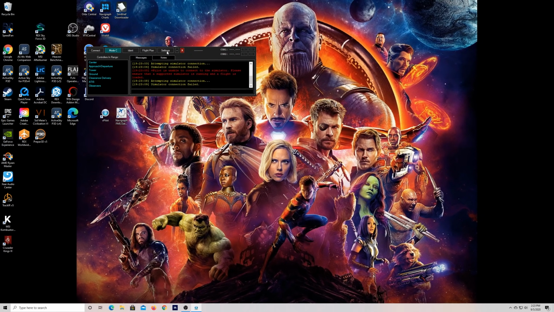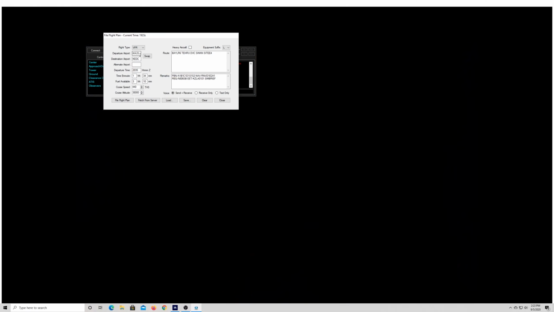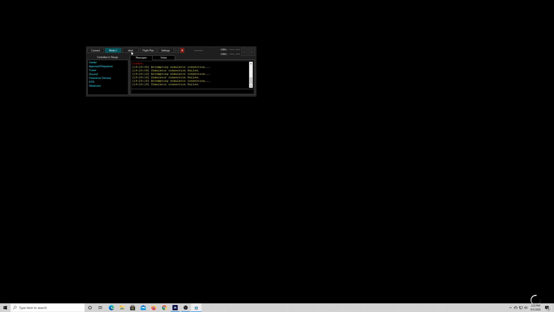So once you've got vPilot installed, you just need to execute it. I run it in admin mode to avoid any focus issues. And this is what it'll look like, except for the Mode C light up there. You'll want to go to Settings and Sign In and configure your push-to-talk button and stuff like that. And then the only thing you're going to do is run the sim, and you'll click Connect once you get